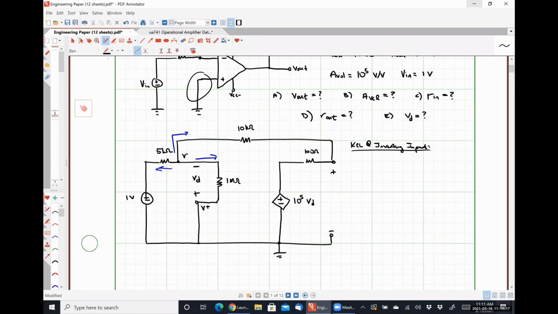So that's going to look like V minus 1 volt divided by 5 kilo ohms plus V minus 0 divided by 1 mega ohm. That's my current directed to the right. Plus,